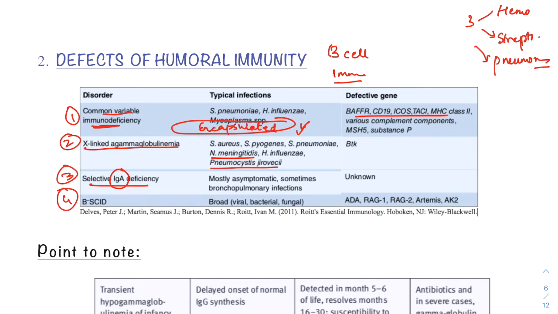And mostly these patients are asymptomatic but can present with sinusitis, otitis media, and bronchopulmonary infections. The B cell type SCID, that is B cell severe combined immunodeficiency, has a broad spectrum of infections which can include bacterial, viral, or fungal, and the most important B cell gene defect is ADA, while it can present with other gene defects like RAG1, RAG2, AK2, etc. But most important is adenosine deaminase deficiency, which was the first gene that was discovered for causing a severe combined